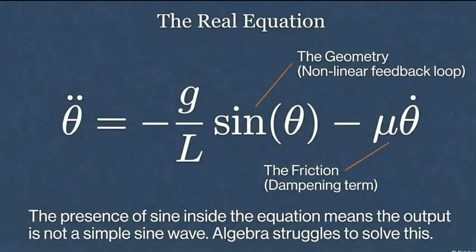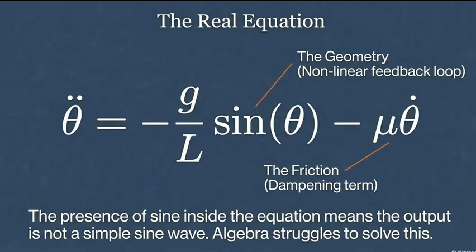But what if I'm on a playground swing and I'm really pumping my legs? I'm going high. That angle isn't small anymore. Exactly. Once you swing high, that approximation breaks down completely. The lie is exposed. The force is no longer proportional to the angle. It's proportional to the sine of the angle. This makes the equation nonlinear.